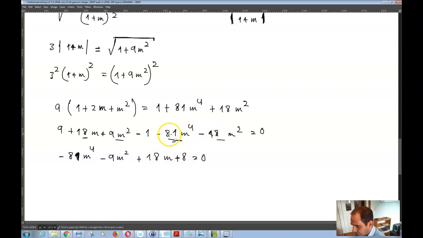So you have negative 81m raised to the power 4, negative 9m raised to the power 2. So these are taken care of, plus 18m, and 9 minus 1 is equal to 8, is equal to 0. Now to solve this equation, what you need to do is,